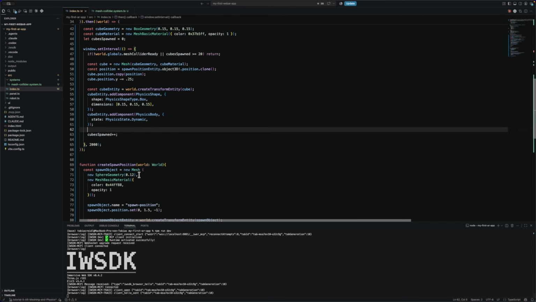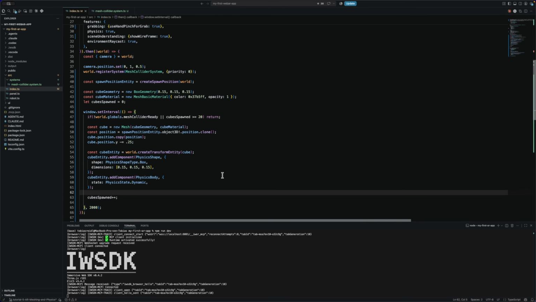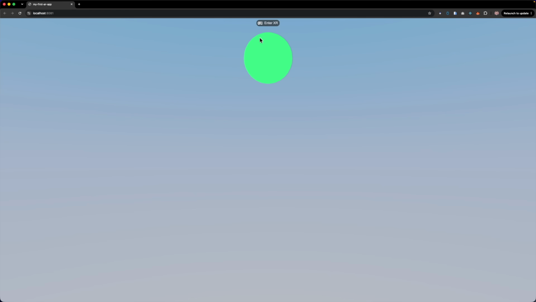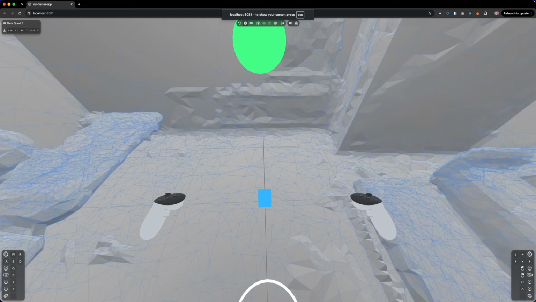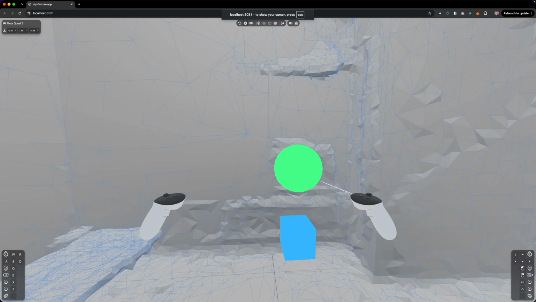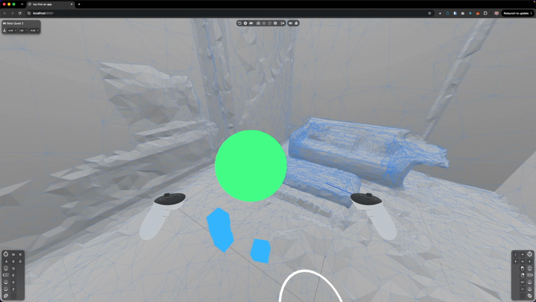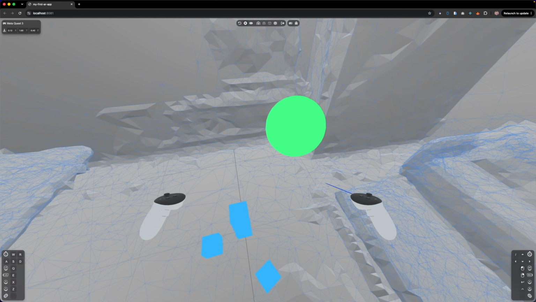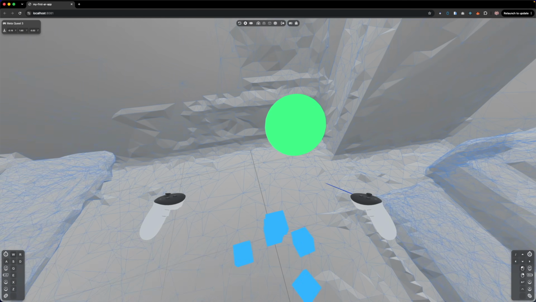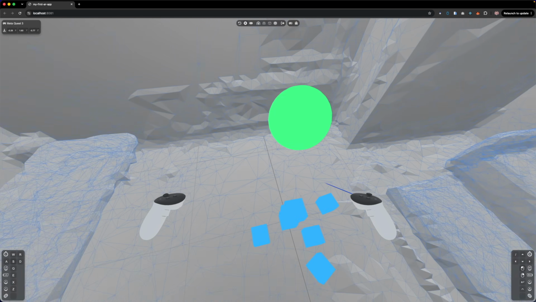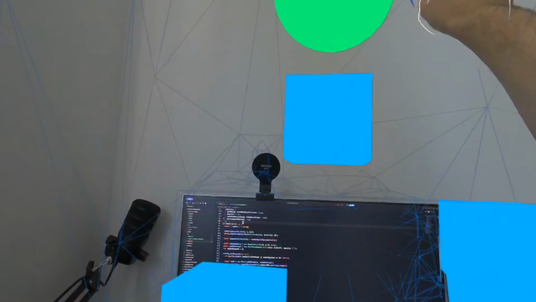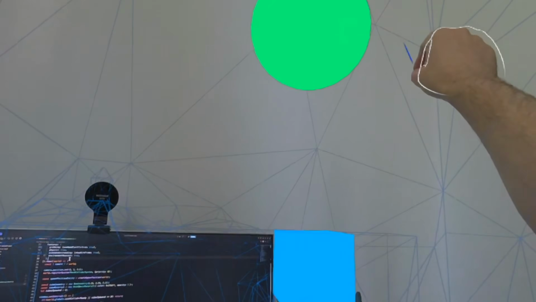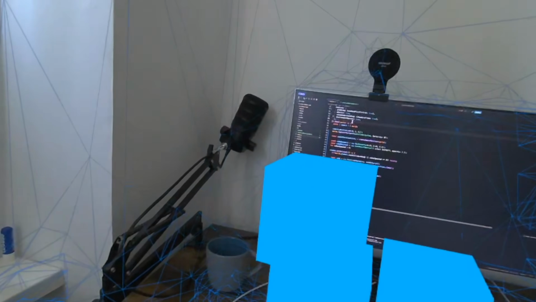All right, so now let's save. And if we test this in the simulator, we should already be able to see this cube here. Let's click on Enter XR, and we can see the cubes falling out of the sphere. We can touch the sphere and move it, and cubes will fall out of that one as well. And in this way, we do have our physics running, which is super, super nice. And of course, the same thing goes for the headset. If we put on the headset, we can also see the sphere, we can move it around. And in this way, we created our first physics interaction scene in WebXR, which is extremely nice,